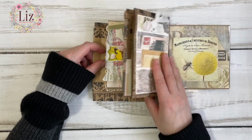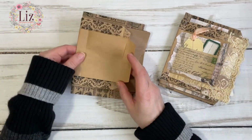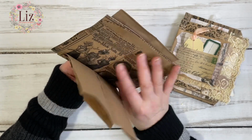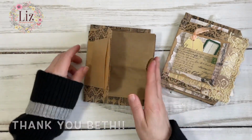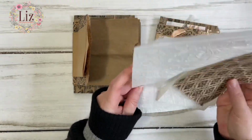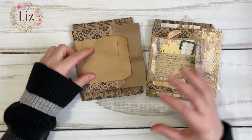I'll be making a couple more because I'm sending these out to some friends, but I thought I would come on and show you just quickly how fun these are to put together. I did get some of these bags from A Tattered Dream, and then this bag I got from my friend Beth Wallen. Hi Beth. I've been using a lot of the stash that she had gifted me a little while back, and oh my gosh, I'm loving playing with all the things. So anyways, again, I can't give you sizes for bags because they come in all sizes. The best way to do these is if you have different sizes and